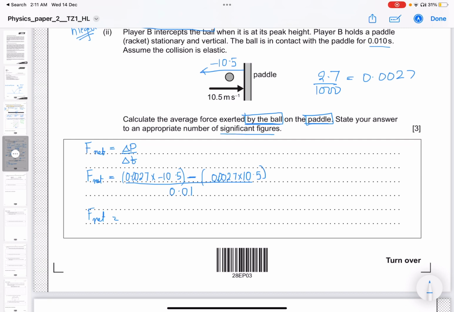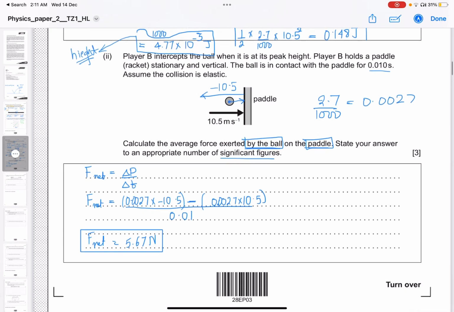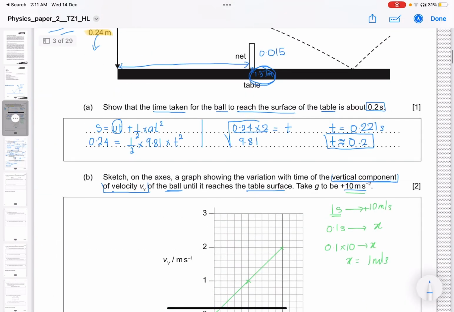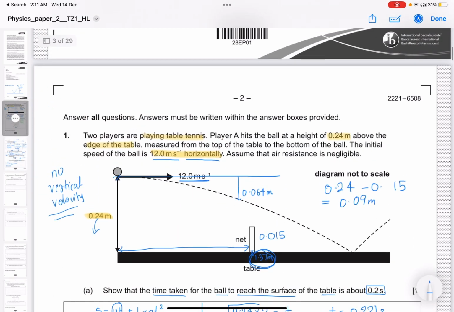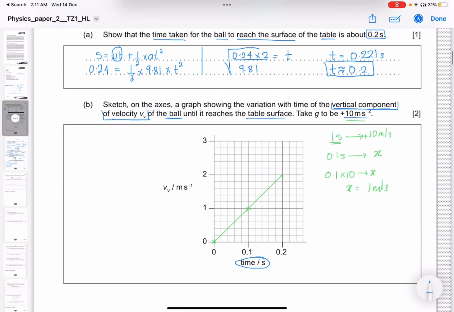Yeah, I got it as 5.67 newtons. So this is the force exerted by the ball on the paddle. So that's it for this question. I hope you get how to solve IP questions and